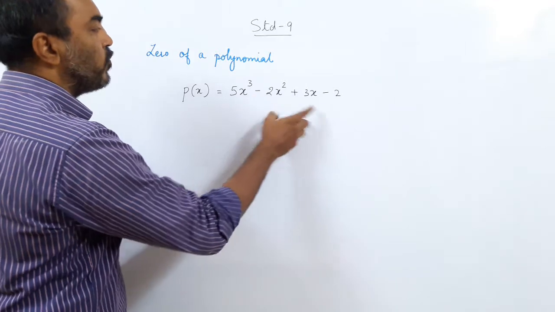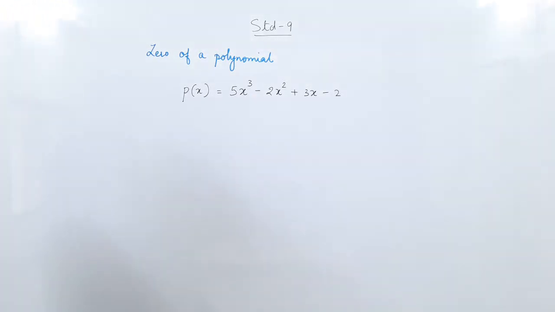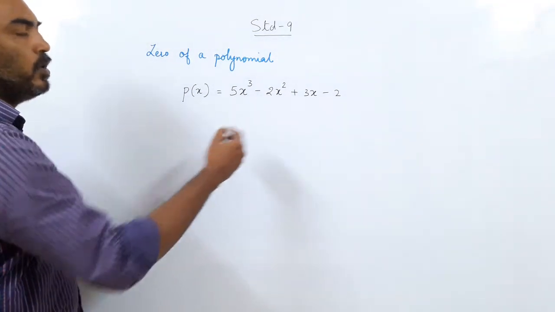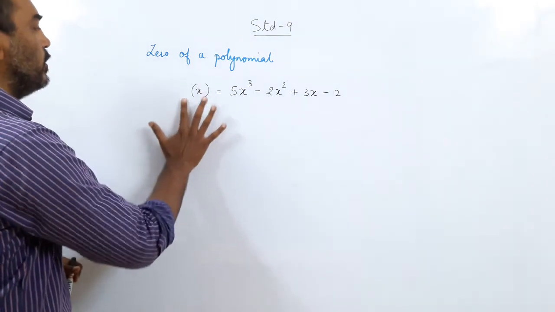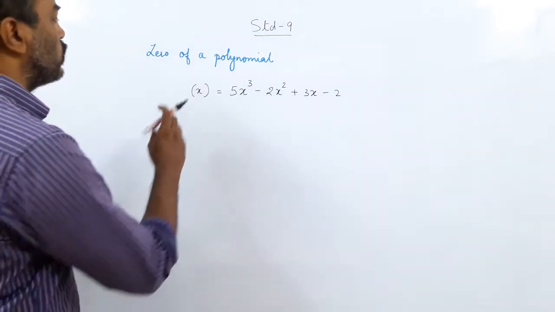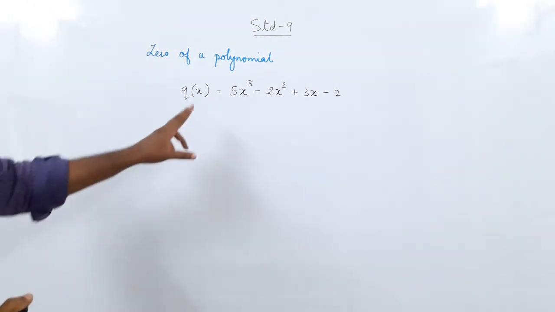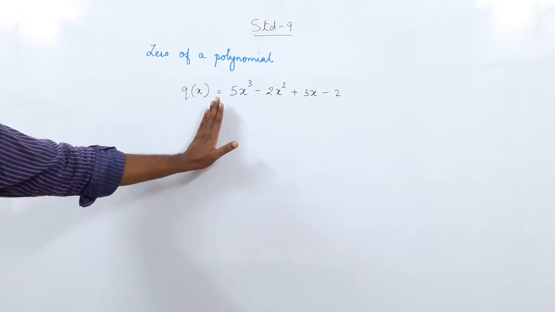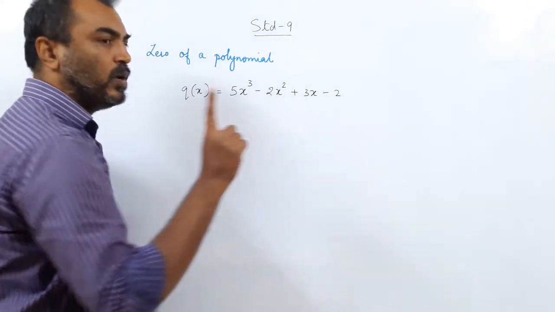If you know the value of x, you can find the value of the polynomial. And what is the value of x? Here it is a variable, you can take whichever value you want. So we can even write this, do not think P is for polynomial. You can even write say q of x. This letter stands for polynomial. So we have got a polynomial in variable x. Is it clear? This is a polynomial in one variable only.